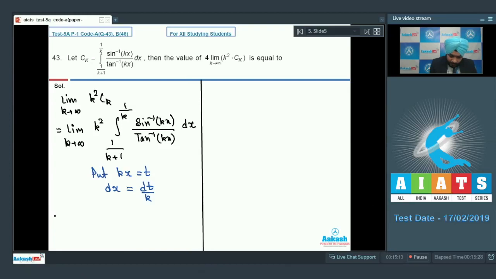So we'll have in the next step limit k tends to infinity k square, the limits from 1 upon k plus 1. So if x is 1 upon k plus 1, t is k upon k plus 1. And if x is 1 by k, t is directly 1. So limits are changed, one limit is constant now. This is sin inverse t upon tan inverse t